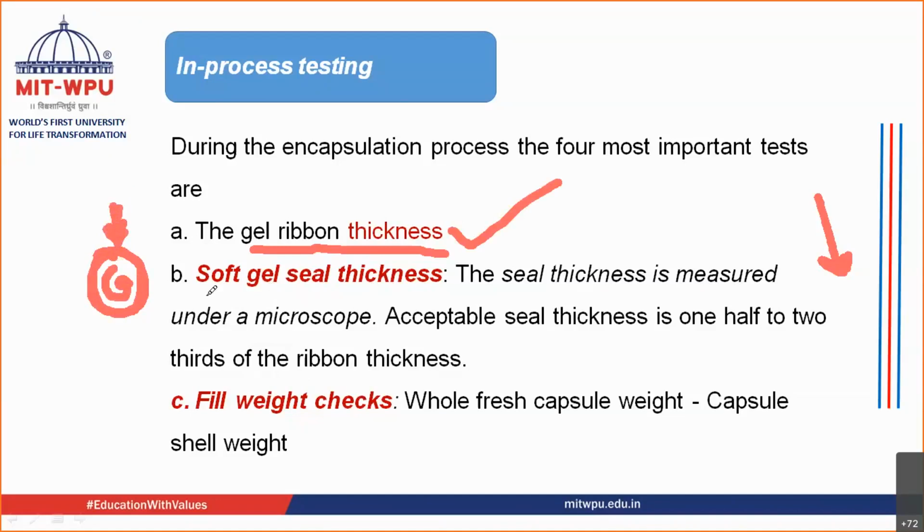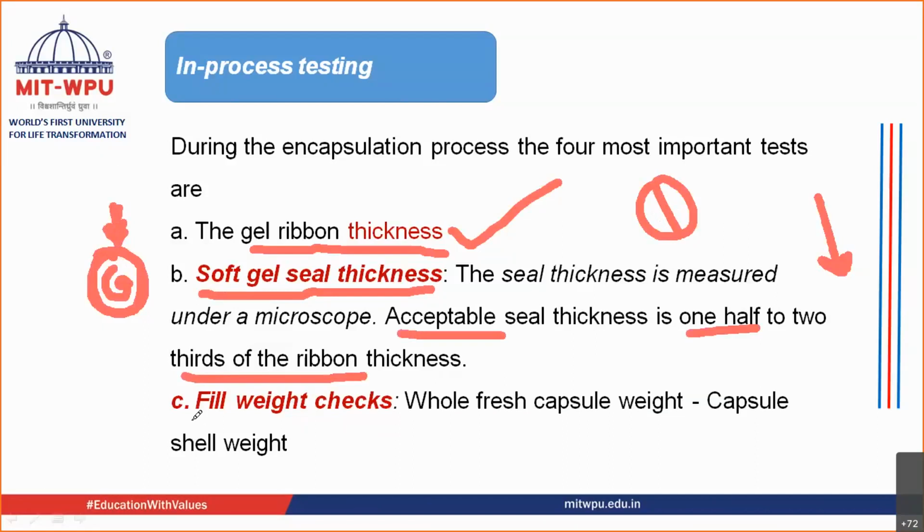The second thing that you are going to detect is the soft gel seal thickness. This soft gelatin capsule is getting sealed, isn't it? So what is the thickness of this sealing that you are going to check? Usually the acceptable thickness is 1/2, that is half, or 2/3 of the ribbon thickness. So whatever the ribbon thickness is, half of it should be the sealing thickness. The next thing that you are going to check is the